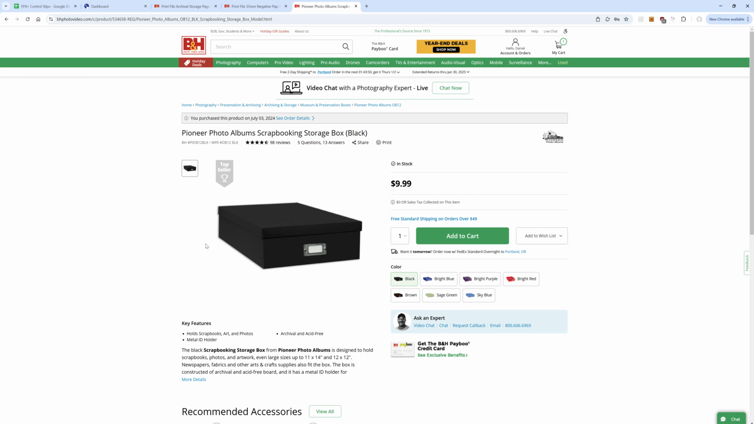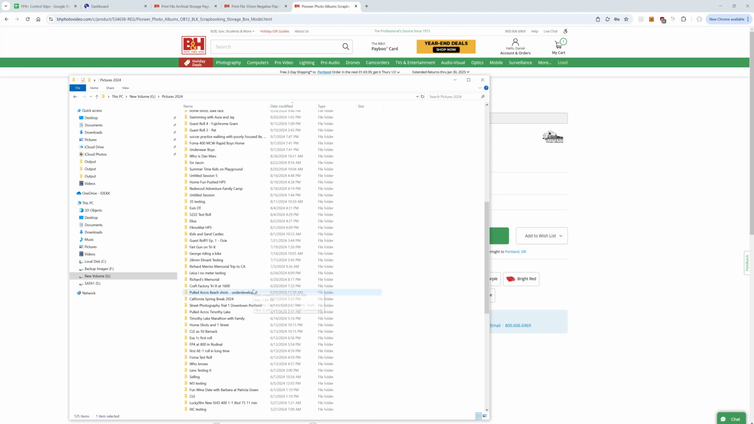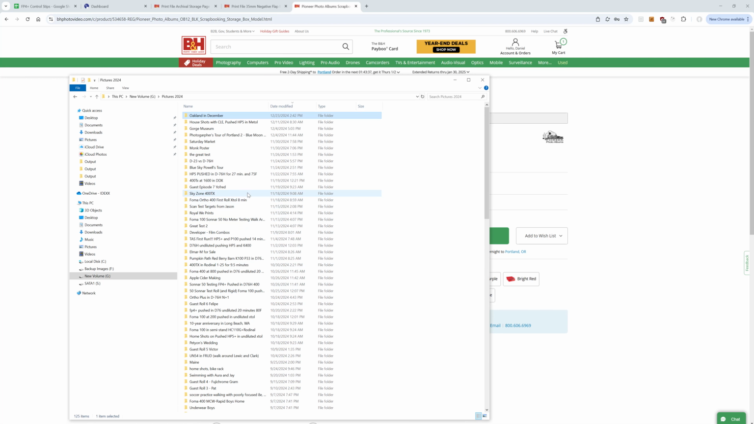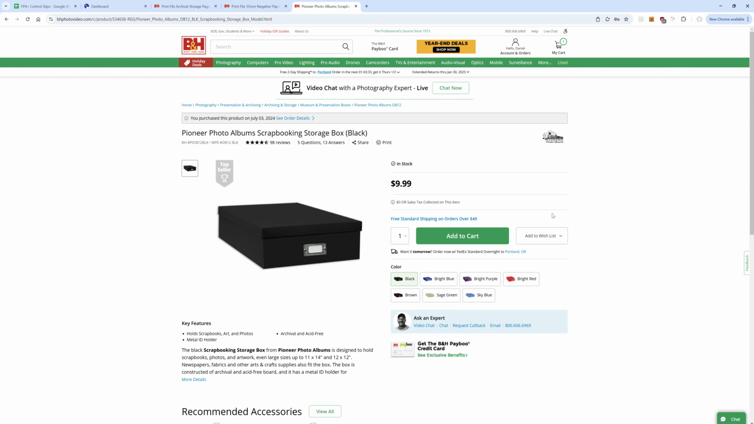Right. So then in 2 years, if I want to find a negative, I'm like, okay, well, what year was that? Okay, it was 2024. And then I might come to sort of where I've organized, okay, what was the name of that? Okay, it was the Gorge Museum. And then I'm going to open up this thing and look for an envelope that says the Gorge Museum. And then I got to open up the negatives and pull out my little light table and find the one